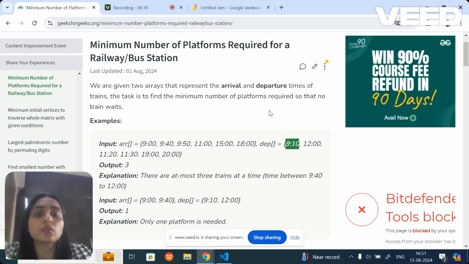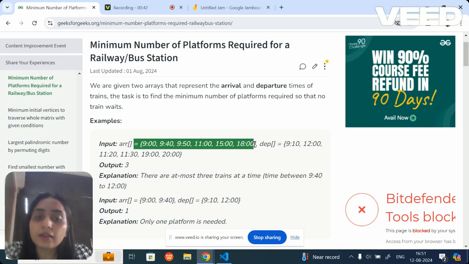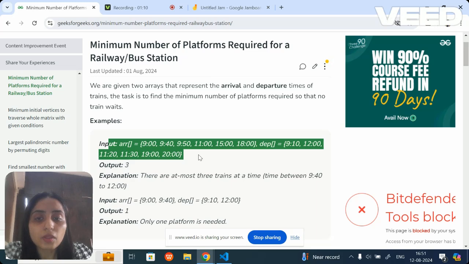Now, what we have to find out is, for so many trains arriving and leaving at certain times, how many platforms we can accommodate for these trains so that they don't have to wait for any train that has already occupied the platform, and they will not overlap with any other train. So we need to find the number of platforms we can create so that during the entire day all the trains are accommodated with no need of waiting.